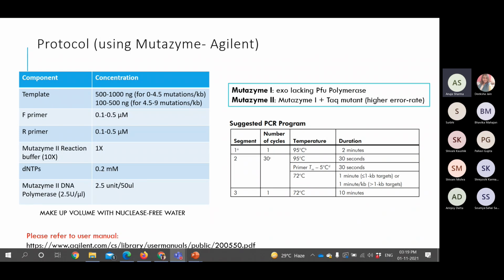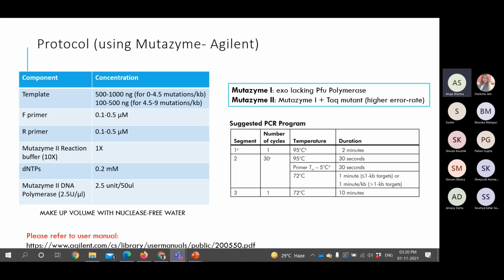Then the primer Tm. As we calculate the annealing temperature, it is usually taken 5 degrees below, or around 5 degrees of, the melting temperature of the primers. That is done for 30 seconds, and the extension is done at 72 degrees for